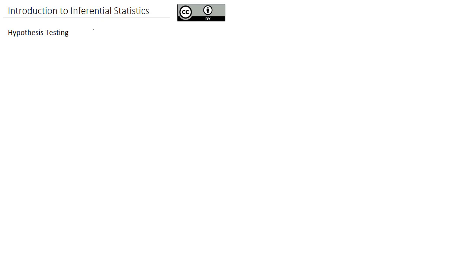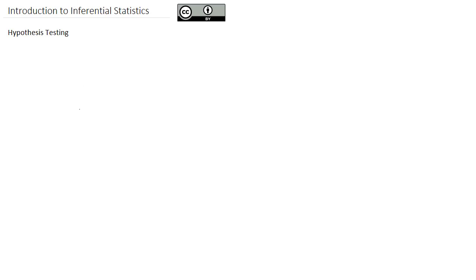The heart of statistical analysis is in this thing called the hypothesis test. The hypothesis test makes some claim about a population parameter. We've got an alternate hypothesis that we're going to try and prove. This video is going to look at the setup and the theory behind a hypothesis test, and then future videos are going to take a look at how we actually conduct a hypothesis test by calculating